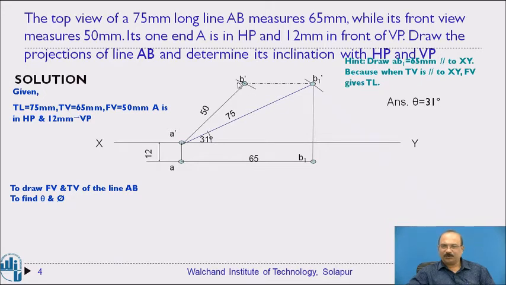Now you have to project this line in the downward direction, so that on this particular projector you are expected to get the position of the top view point for B. If you draw this projector in the downward direction, you are going to get the position of the B point in the top view. The length of the top view is given as 65 millimeter in the problem. Meanwhile, you are going to bring this projector. Here is the projector. Keep the compass here, take this length and draw the arc.